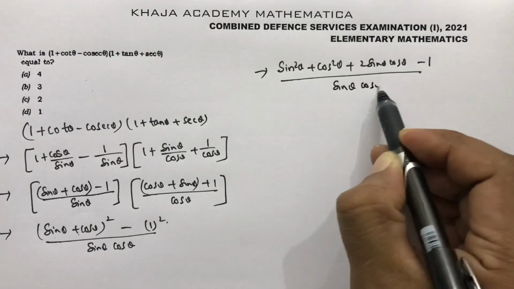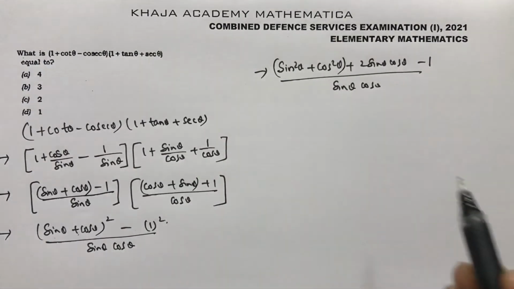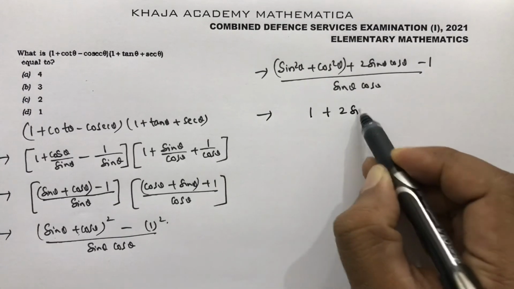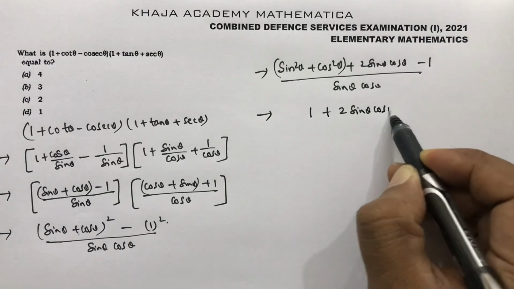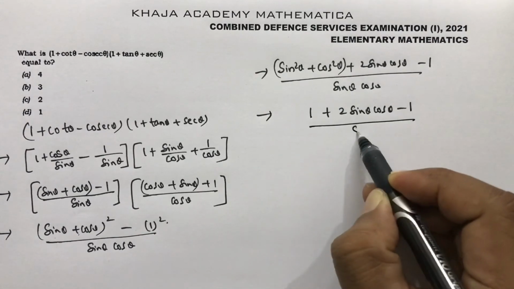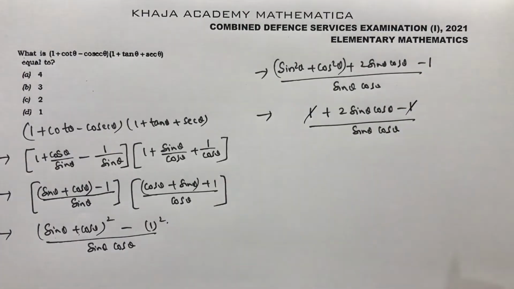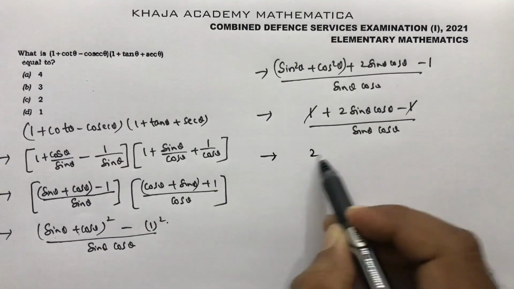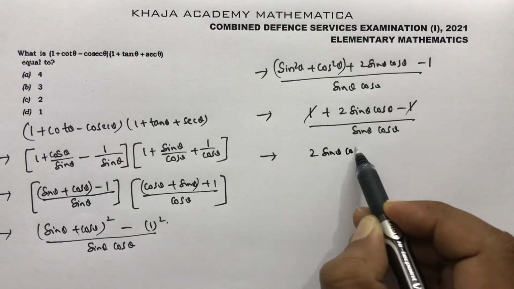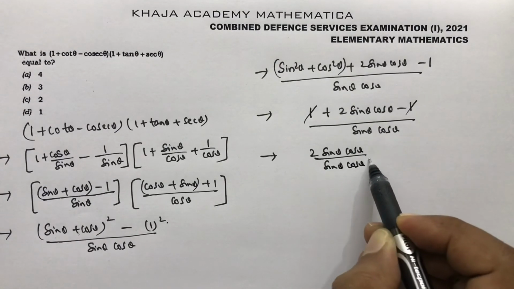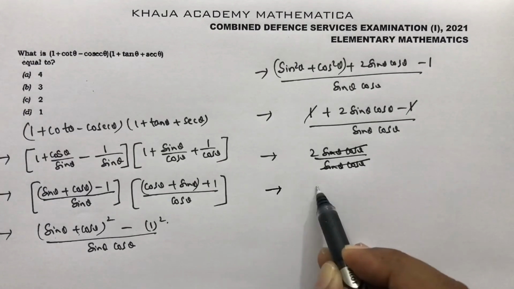sin theta cos theta. Now sin square theta plus cos square theta, its value is 1. So 1 plus 2 sin theta cos theta minus 1 by sin theta cos theta. 1 and minus 1 will get cancelled. So here 2 sin theta cos theta by sin theta cos theta. Sin theta cos theta cancel. So it is